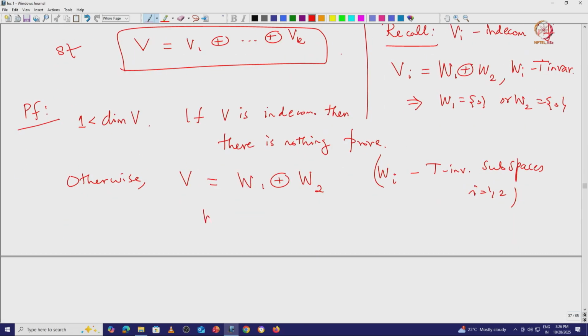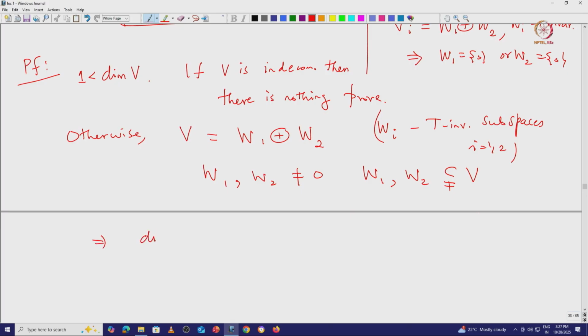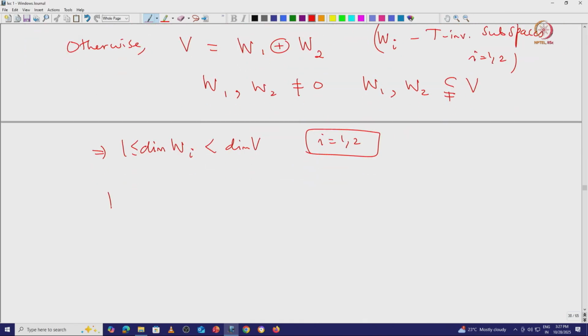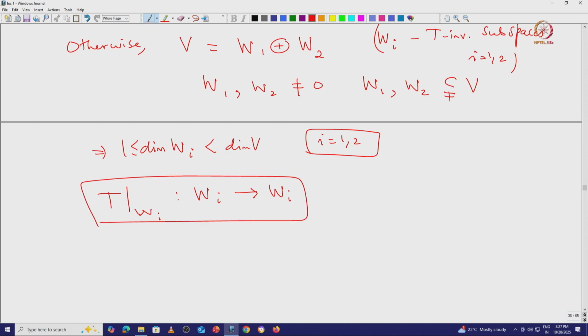Now since both W_1 and W_2 are non-zero and both must be proper inside V, that would imply that the dimension of W_i is greater than or equal to 1 and less than the dimension of V. Now we can restrict our operator to W_i, because this is indeed a T invariant subspace. So we have an operator acting on W_i, and note that the dimension of W_i is strictly less than the dimension of V. Now, by induction